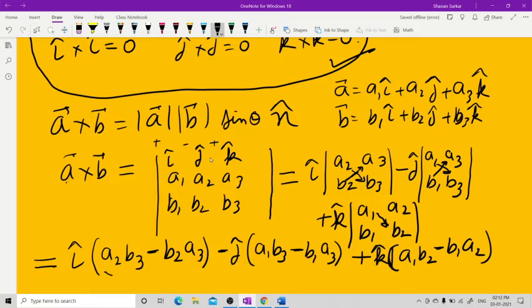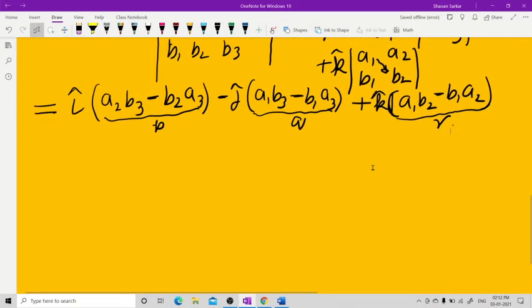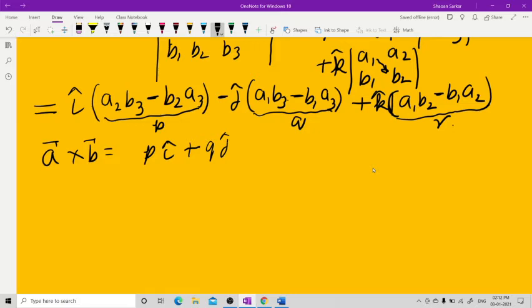Let us consider this equal to P, some value, this equal to Q, some value, this equal to R, some value. Now let us write it down. A cross B is equal to P i cap, where P is this quantity, minus, or let us write it plus Q j cap, because let the minus go inside, plus R k cap, where